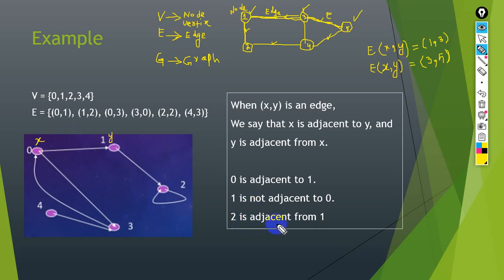Okay, 2 is adjacent from 1, so we can say 2 is the adjacent from 1. So here the edge is coming from 1 to 2, so we can say 2 is adjacent from 1 and 1 is adjacent to 2, just like this. And in this case we can say 0 is adjacent to 3 and 3 is adjacent from 0. Sorry, so here we have an edge from 0 to 3 and then again from 3 to 0, so we can also say